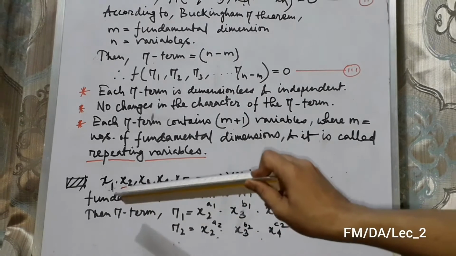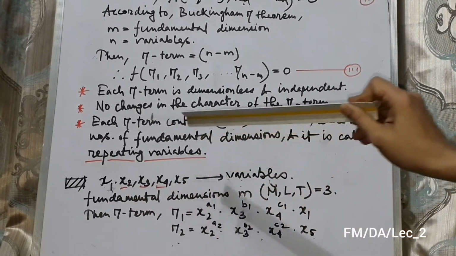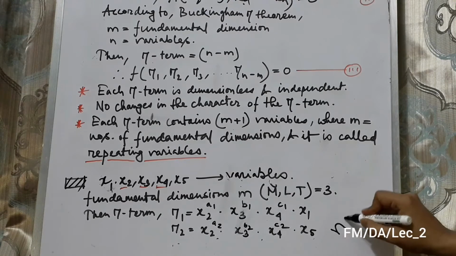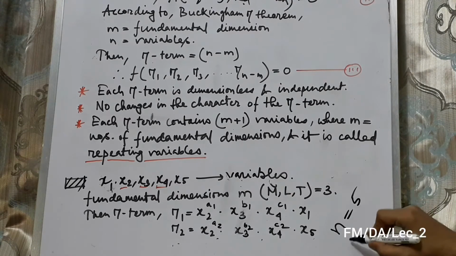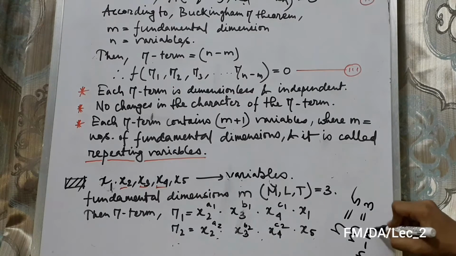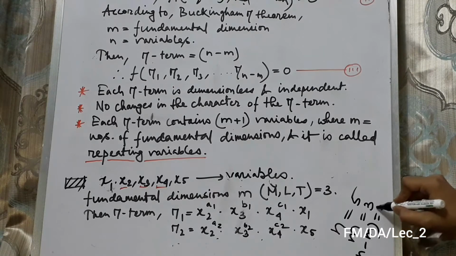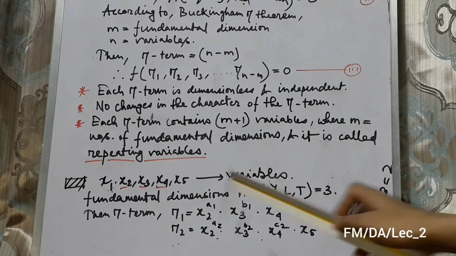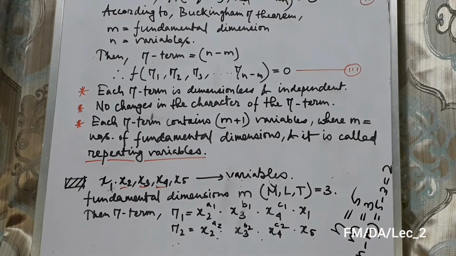Here n equals 5 and m equals 3, so n minus m equals 5 minus 3, that is 2. So there are two pi terms, pi 1 and pi 2,